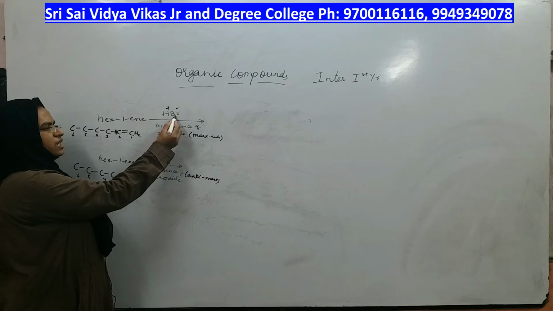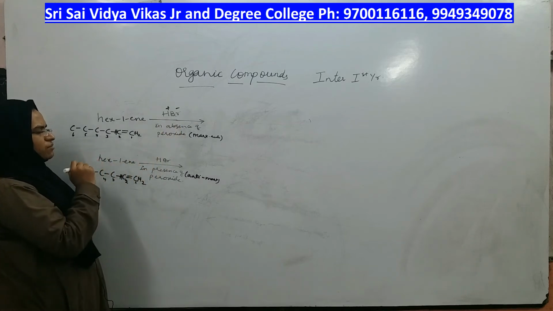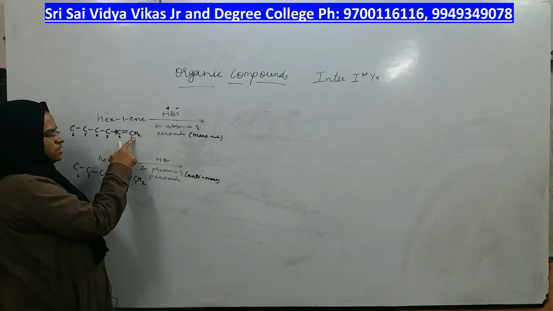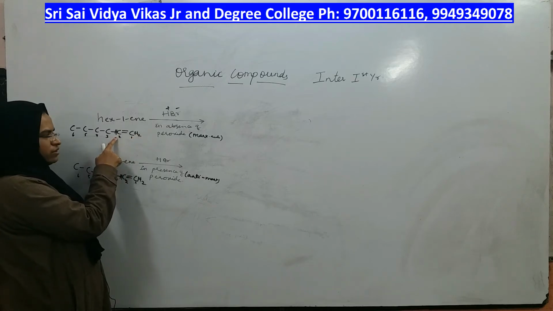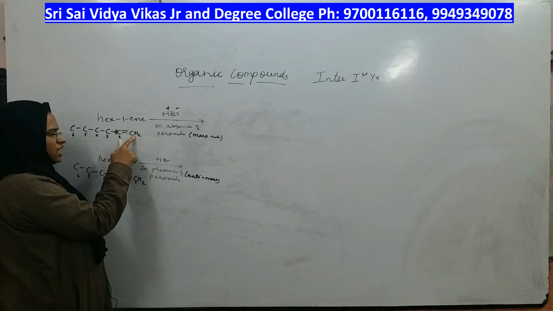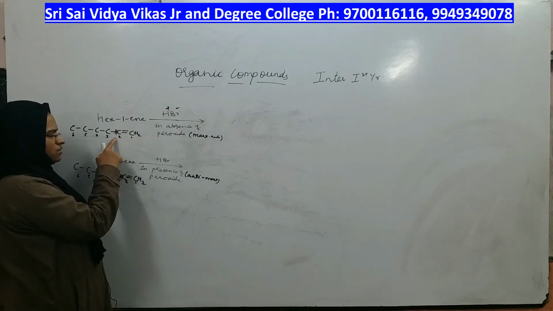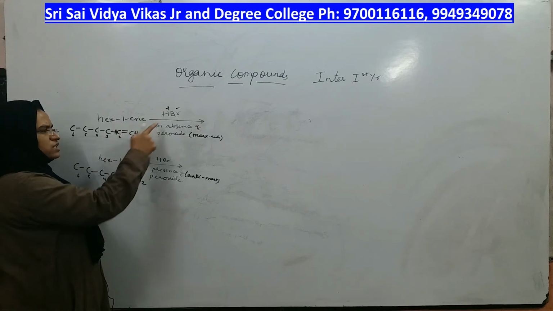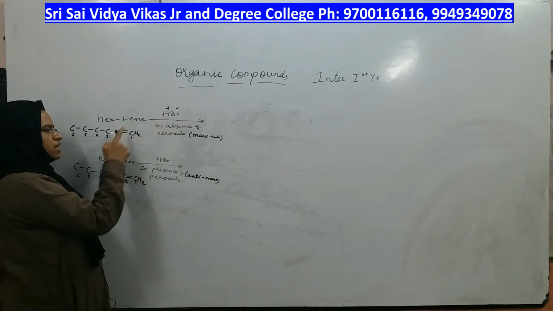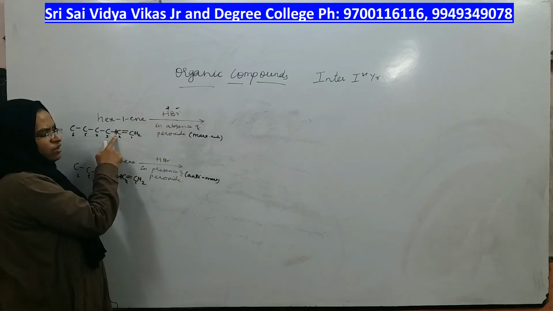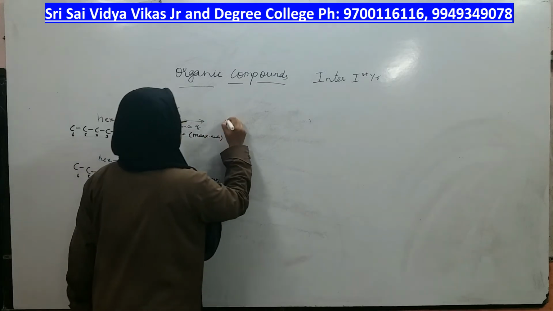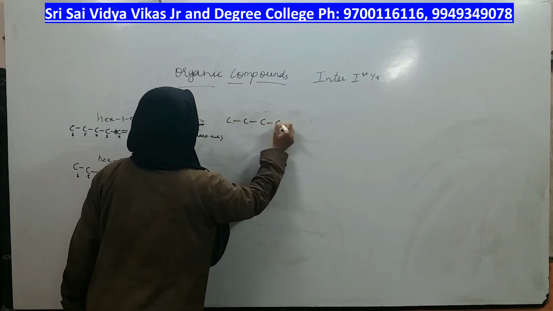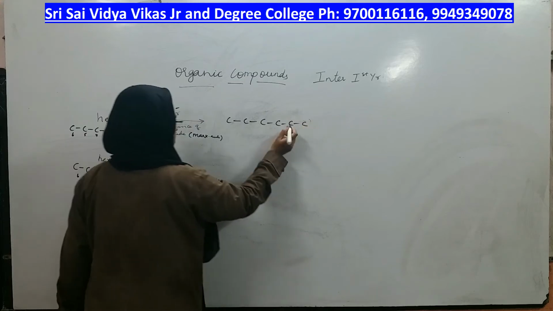Negative part of the addendum attaches to which carbon of the alkene? This is an alkene carbon having more number of hydrogen. This is a carbon having less number of hydrogen. Out of these two carbons, it has more number of hydrogen and this has less number of hydrogens. Markovnikov rule says that negative part of the addendum attaches to carbon containing less number of hydrogen. So, we should write major product only. Right?